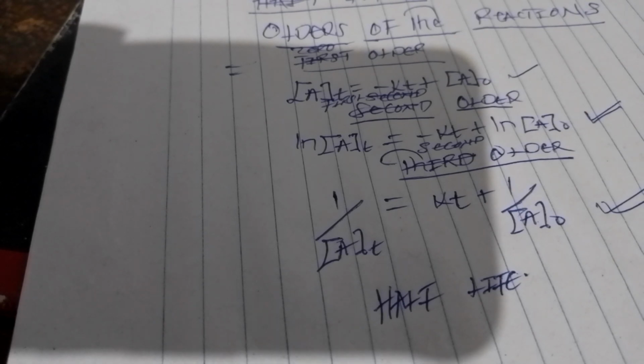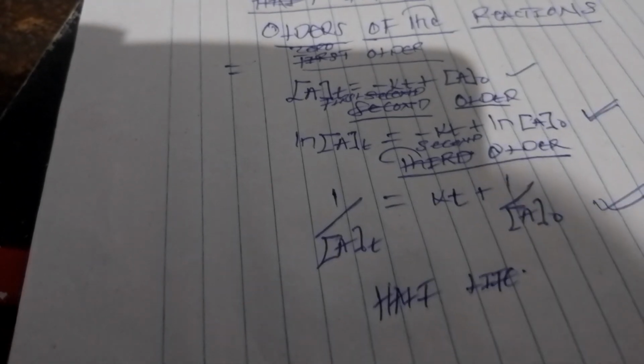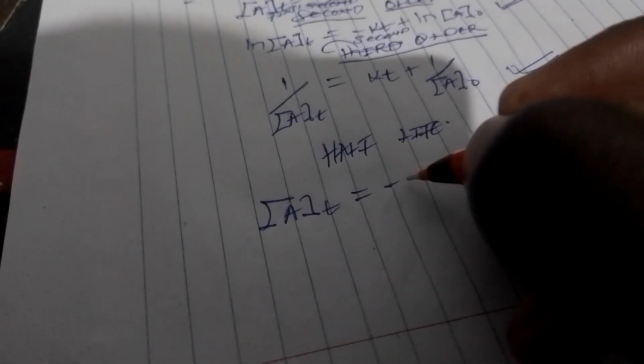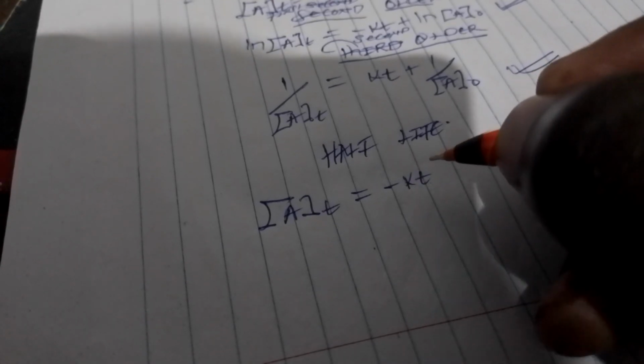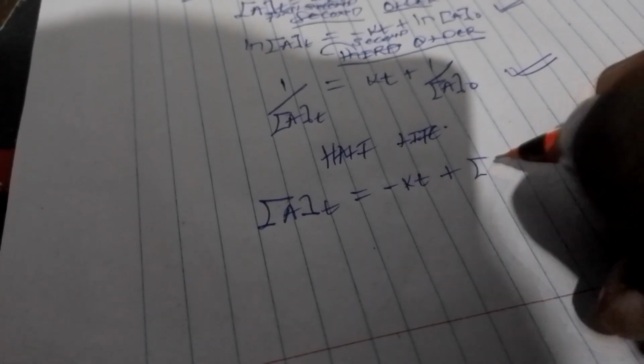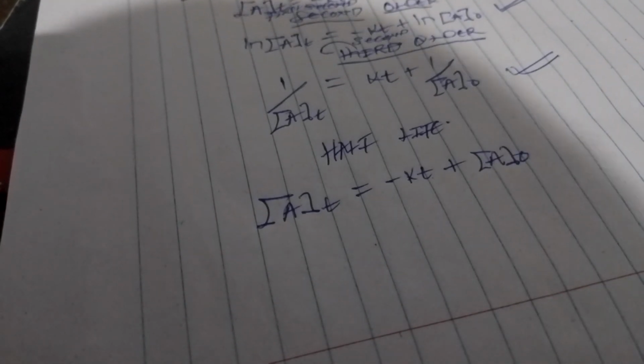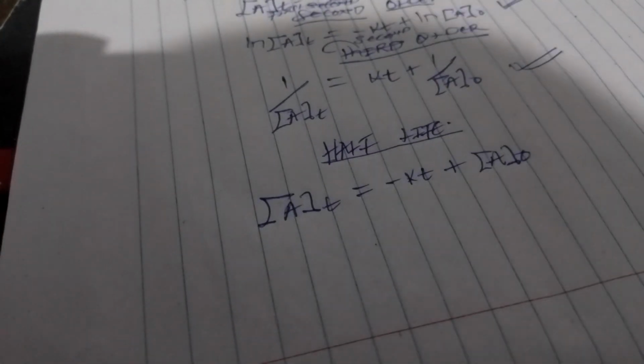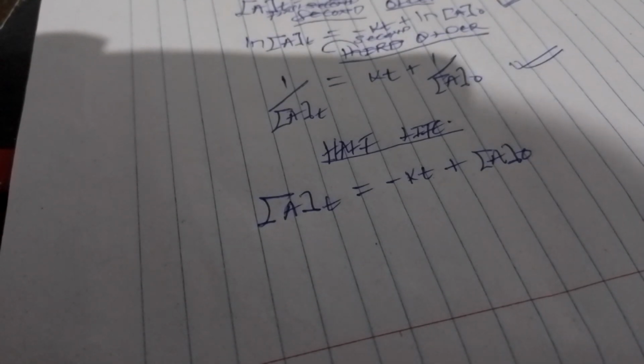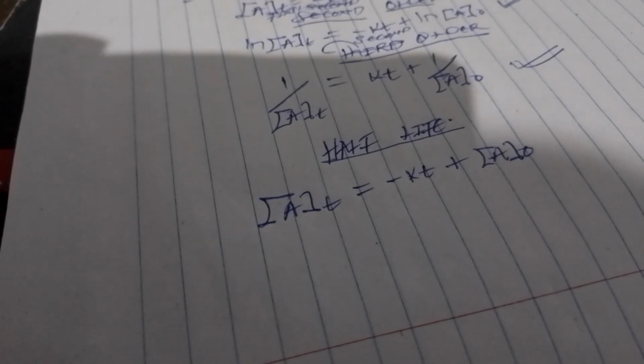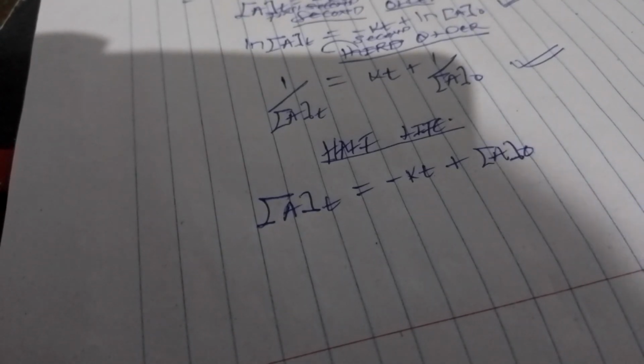So what's going to happen, for instance, if you try to get the zero order of the reaction, the concentration of the reactant depends on time, and is equal to the negative constant moving with time plus your initial concentration. Now, if you see what I talk about with half-life, we're talking about the time taken for the concentration of reactant to decrease by half of its initial value. So that means everything has to change since what